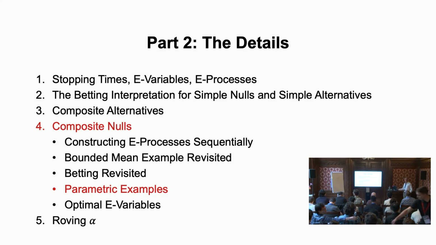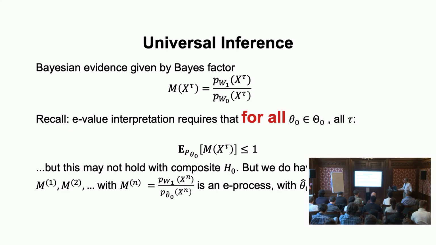Okay, let's continue. Some other examples. Now I'm going to look at simpler cases, if you will. We have parametric nulls again. Let's say the t-test, for example. One sample t-test: we want to test whether the mean of a normal is 0, or a confidence interval for means of normals. But now we don't know the variance. So the null could be mean 0 with any variance. We just don't know what it is.